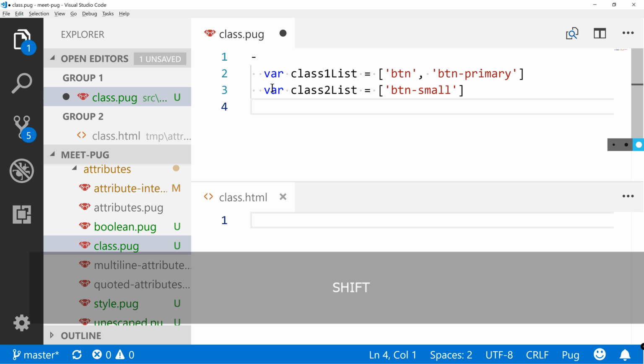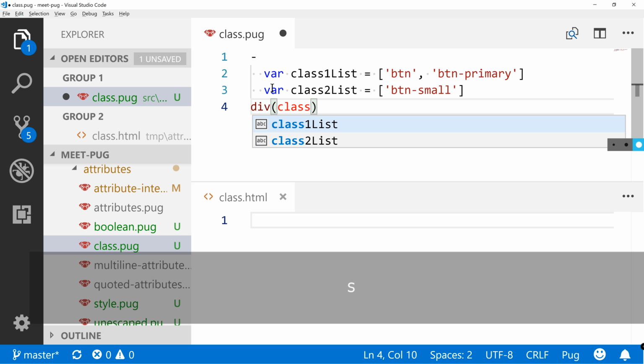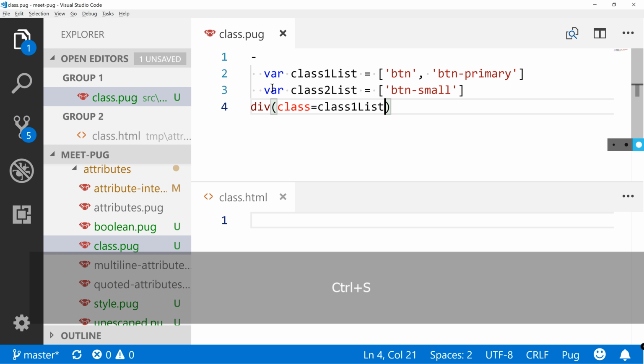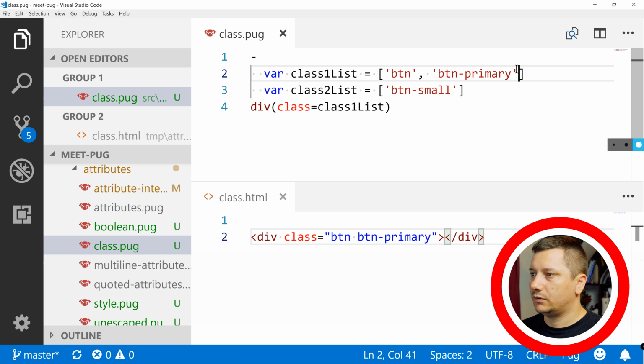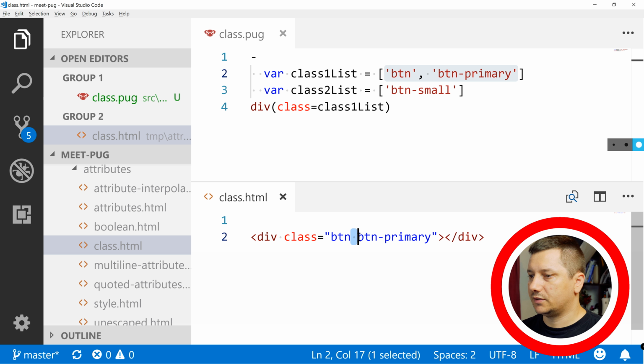and now let's do a div class equal class list, class one list. So if you save it, we can see that this array has been joined into values using space.